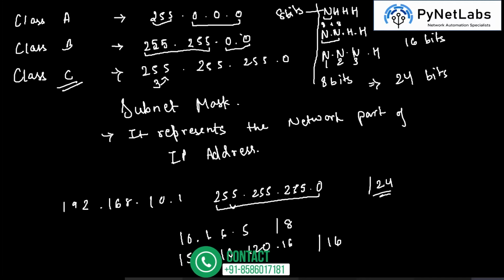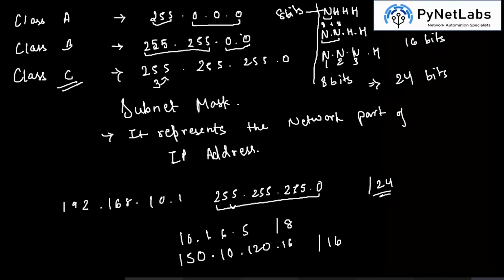There is a question: subnet mask is also said to be used for dividing and characterizing a network into subnetworks. Yes, you are correct. Subnet masks are used, but this happens after you do subnetting. We will discuss that maybe today or tomorrow. We'll see if we get time to cover that. I wanted to begin it only when we can complete it in the same day, so I just don't want to start it today. Maybe we do some subnetting also.